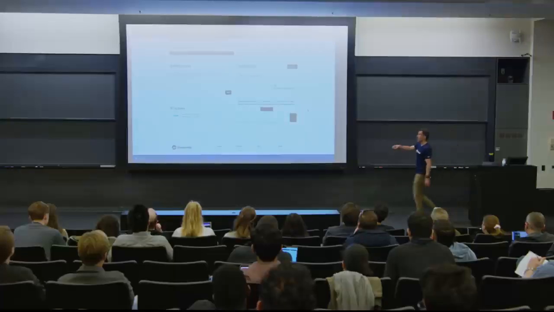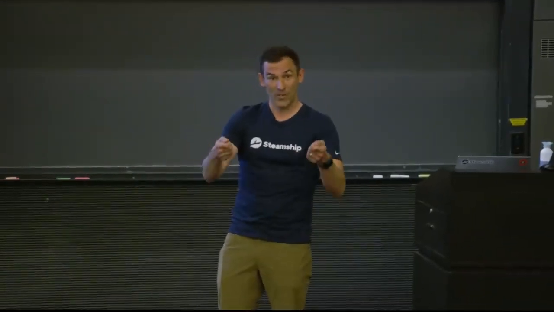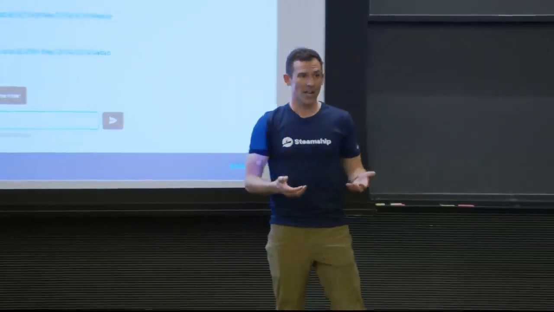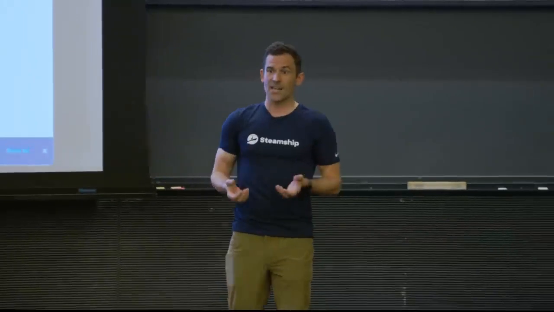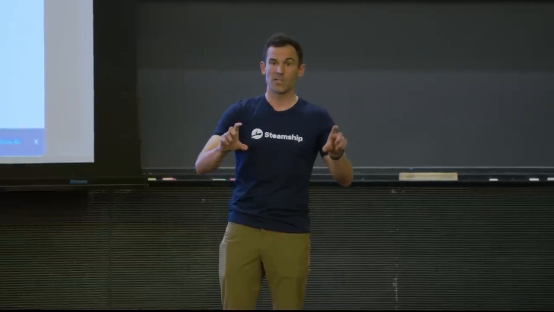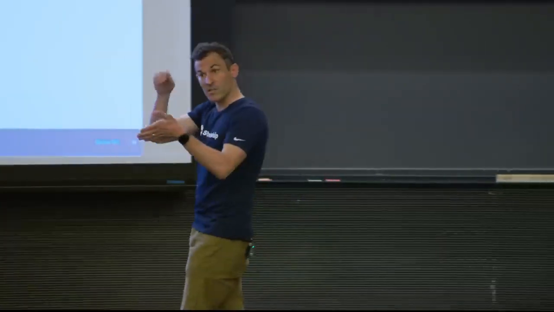So under the hood now, what's happening is exactly what that slide just showed you. It takes that question, what will CS50 teach me? It turns it into a vector. That vector approximates, without exactly representing, the meaning of that question. It looks into a vector database that Steamship hosts of fragments from that PDF, and then it pulls out a document and passes it to a prompt that says, hey, you're an expert at answering questions. Someone has asked you, what does CS50 teach? Please answer it using only the source documents and source materials I've provided. Now, those source materials are dynamically loaded into the prompt. It's just basic prompt engineering.